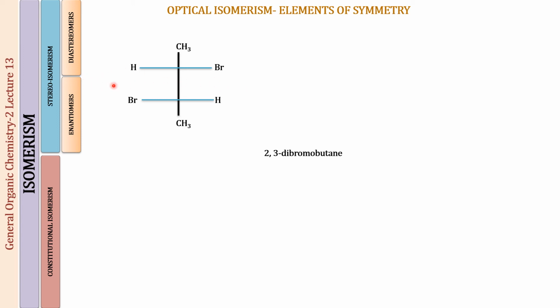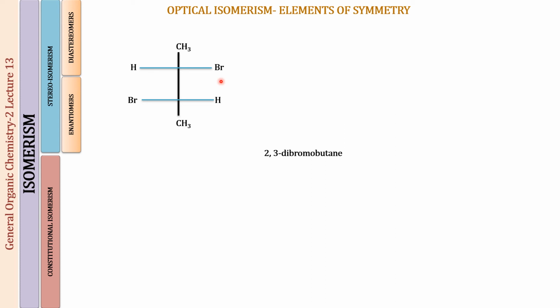If the plane is in this direction, we will have a hydrogen on one end and a bromine on the other, so they are not going to be bisected in such a way that the two halves are mirror images of each other. Similarly, if you bisect the molecule this way also, you will have an H and a Br opposite each other, so they are not going to be mirror images of each other.